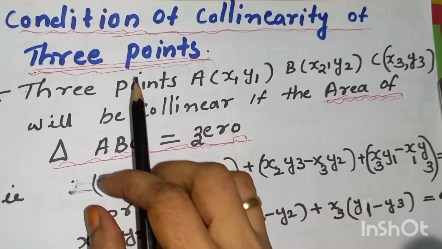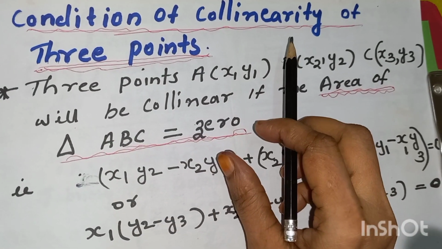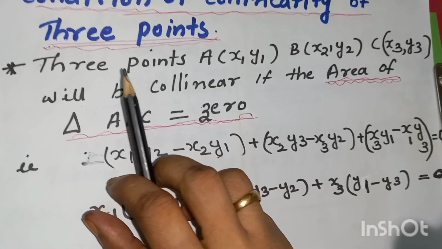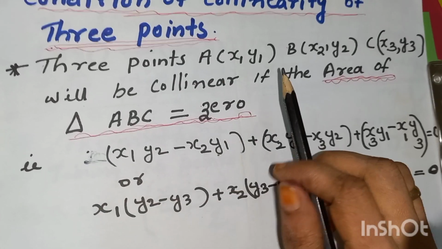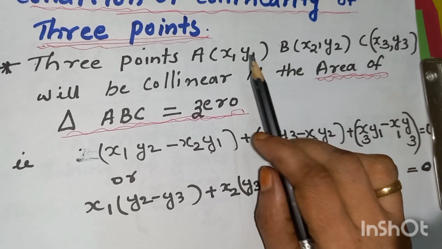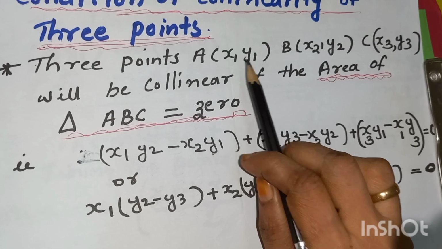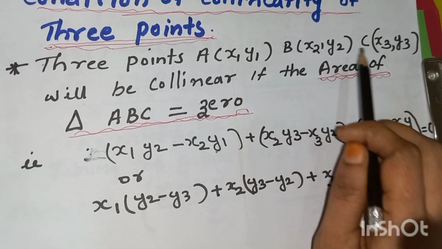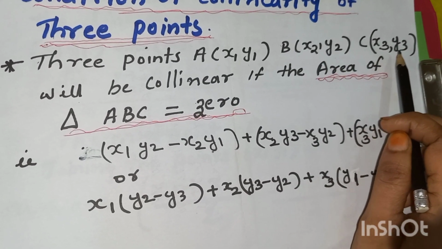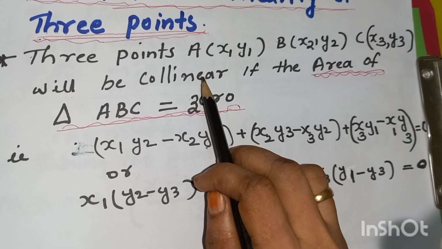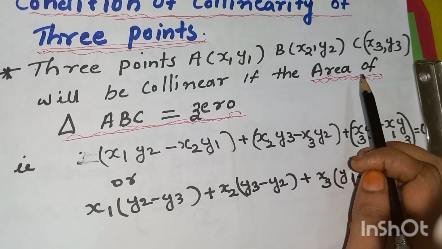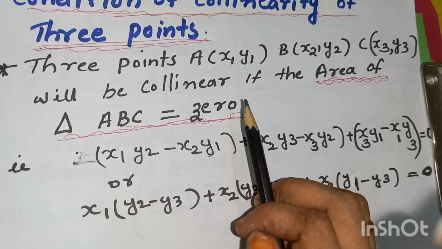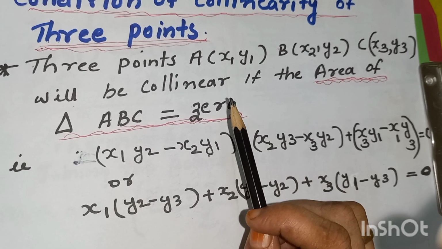Next we are going to study the condition of collinearity of 3 points. When are 3 points collinear? What are the 3 points? A, B, C. A we can take as x1, y1, B as x2, y2, C as x3, y3. They will be collinear if the area of triangle ABC is equal to 0. We already know that the area